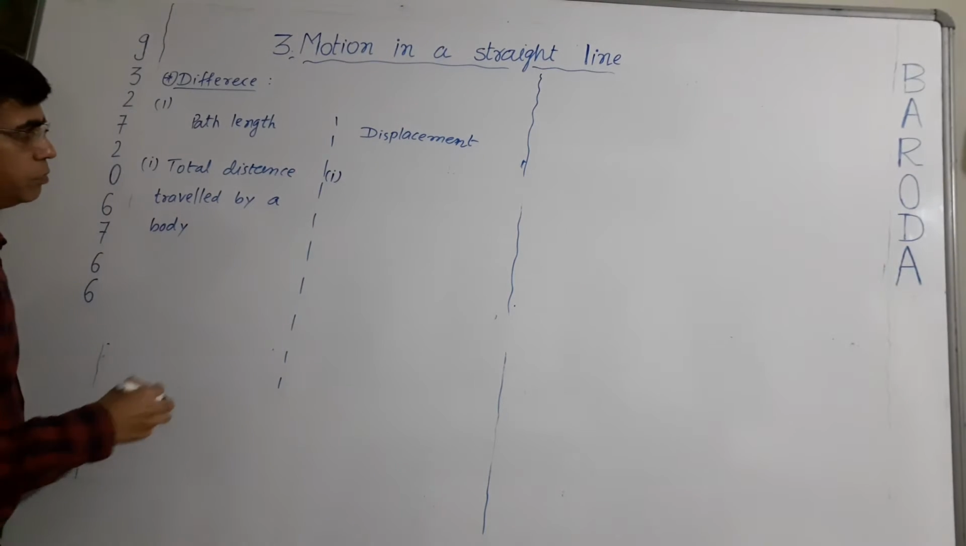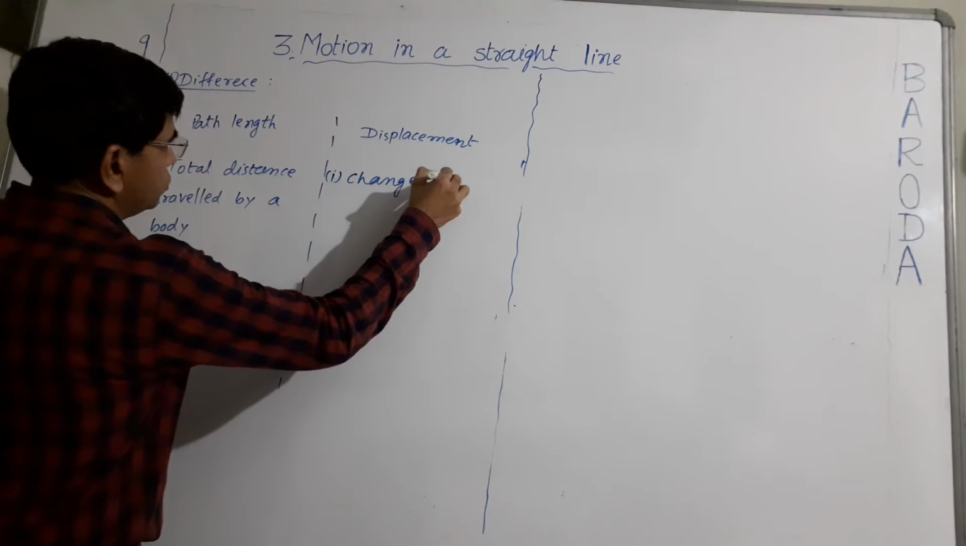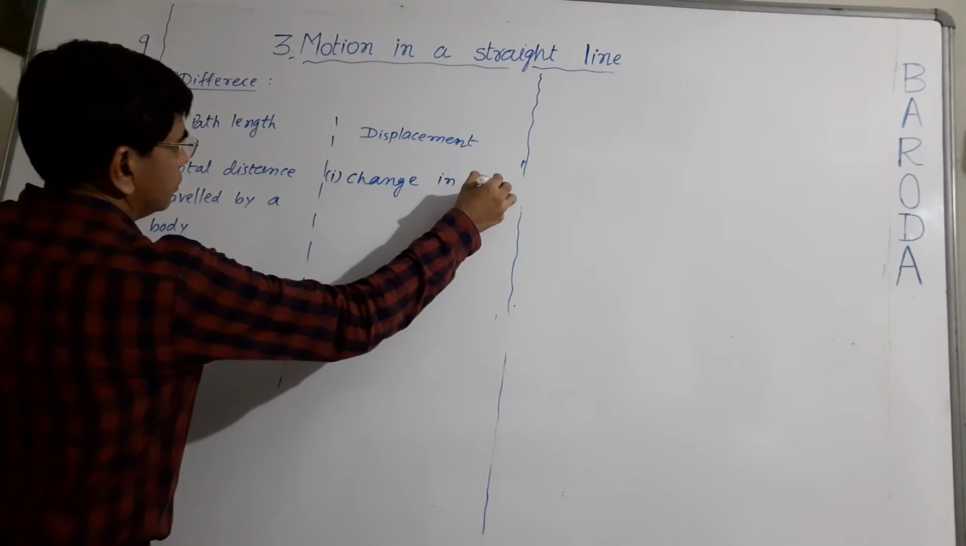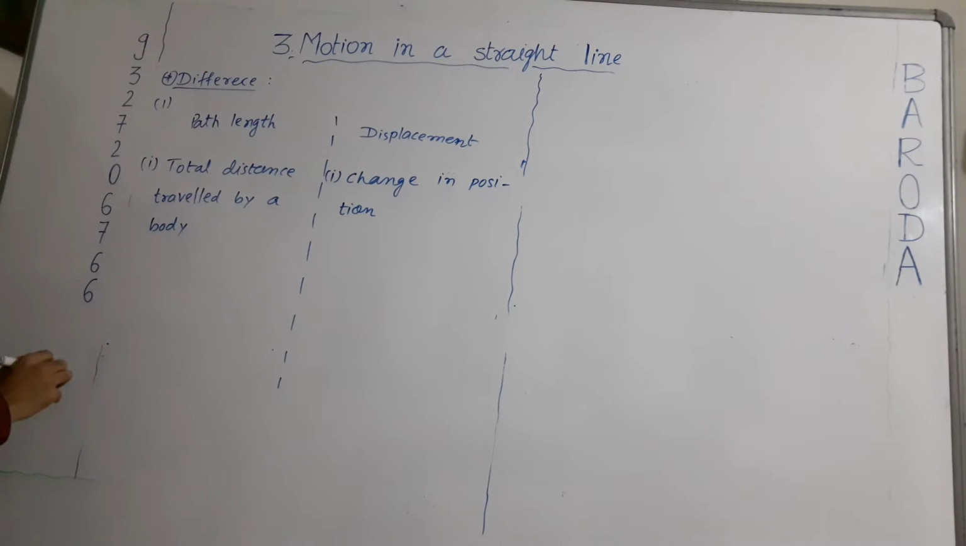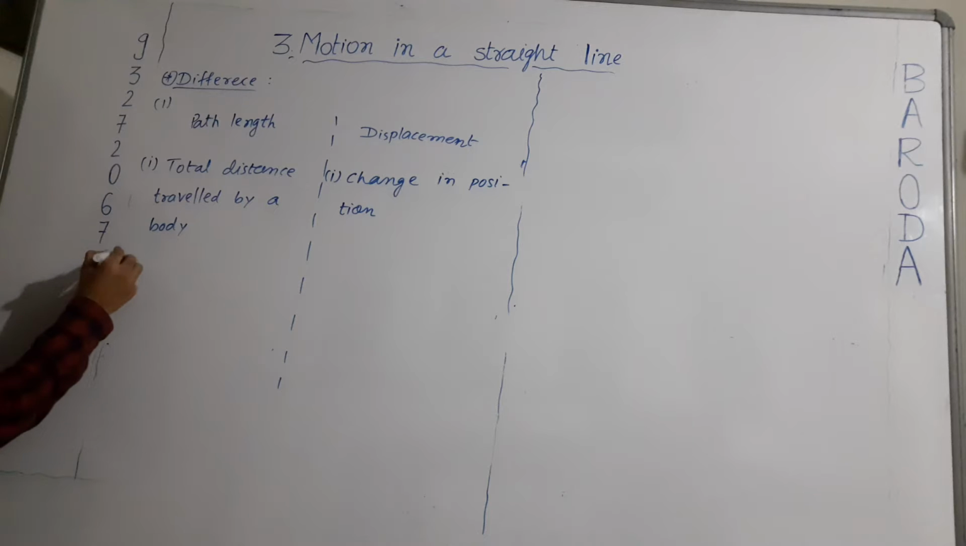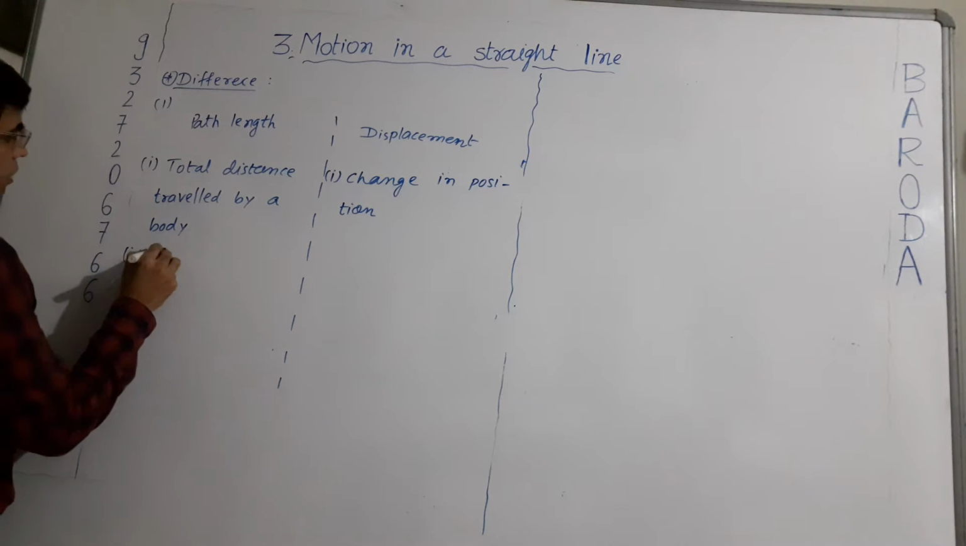What is displacement? Change in position is known as displacement. Number 2, path length is a